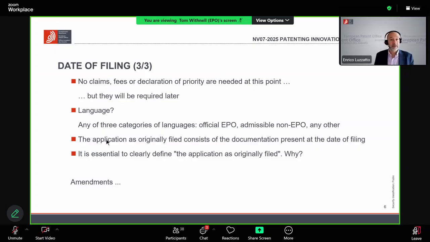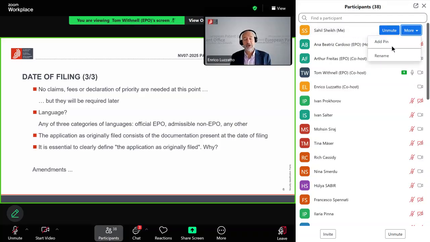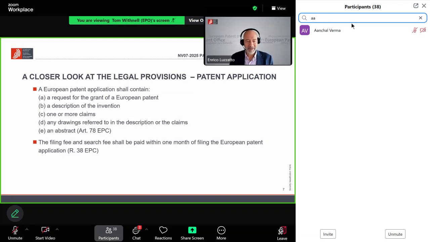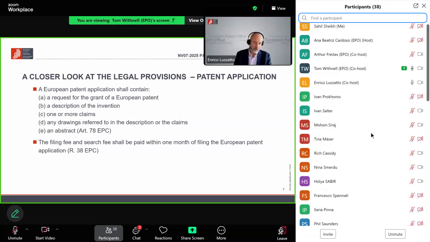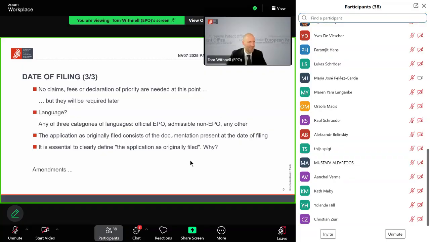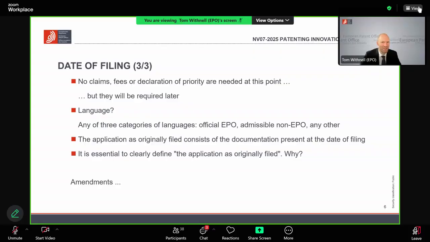Language can be any of the 3 official languages, of course, but you can also have an admissible language from the APO. Tom, could you take out the automatic, or could you go back to the slide, yes, please? It wasn't me. I thought you were taking over control. No, I don't know. I didn't intentionally make it do this. No, I know it's an automatic feature, which I was confronted with in another presentation. Okay, so